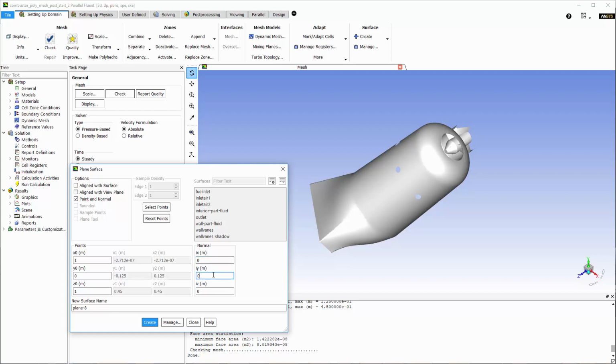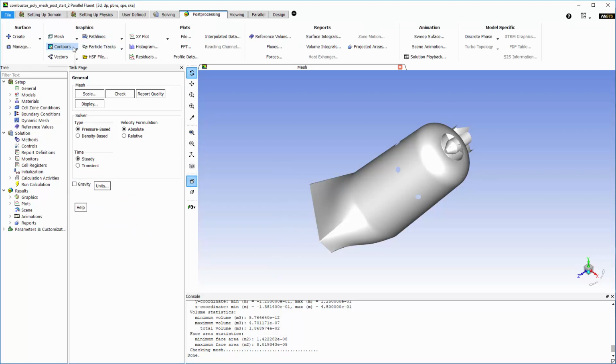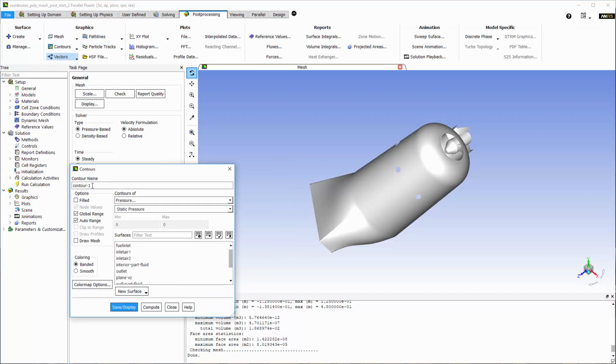This location will be called plane XZ. With my plane defined, I can insert maps or plots at this location. For this example, I'm going to add a contour plot at this surface that describes the mass fraction of CO2. With the CO2 mass fraction variable defined, I can set the plot's location to plane XZ by selecting it from